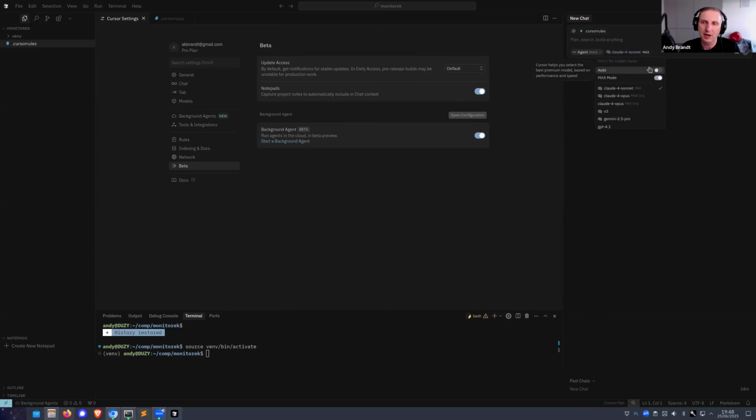We also can select the agents. When you install it, it's on auto, and I prefer to know what model I'm dealing with. I usually work in the max mode. Max mode gives more context, and context is everything for LLMs, so I'm willing to pay more for that. And recently I'm working mostly with Gemini 2.5 Pro because of its pricing.